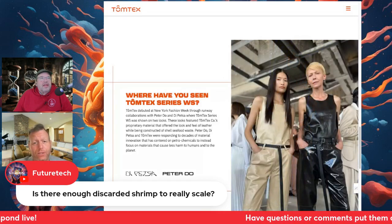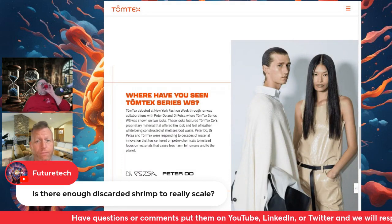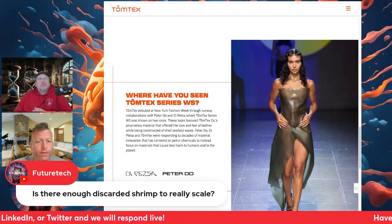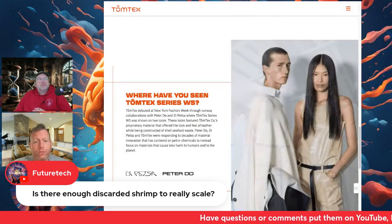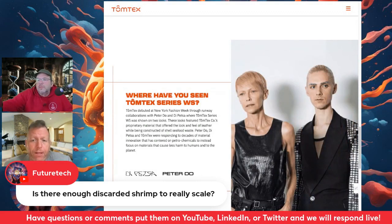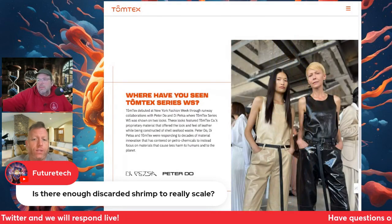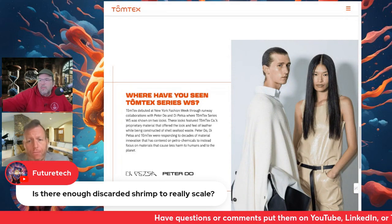The short answer is yes. I think there is enough, but they would need to partner directly, and they probably are doing this with large shrimp farmers and processors. They could establish, or probably are going to establish, shell collection facilities near clusters of shrimp operations. So again, more centralized operations. They can incentivize processors by paying them a small fee per ton of shells collected. Obviously shrimp producers are discarding a lot of this stuff. One man's garbage is another man's treasure. So by paying them, it could